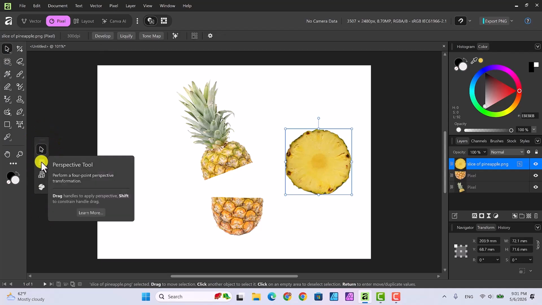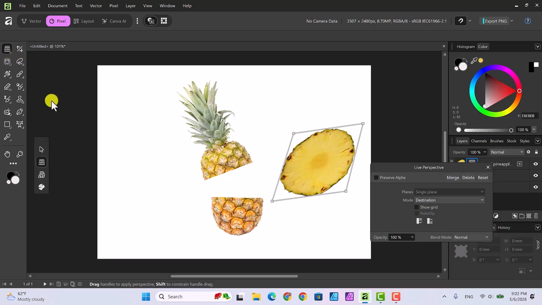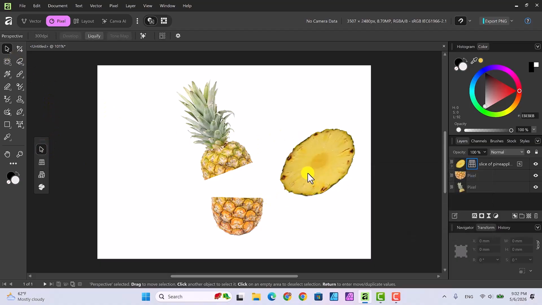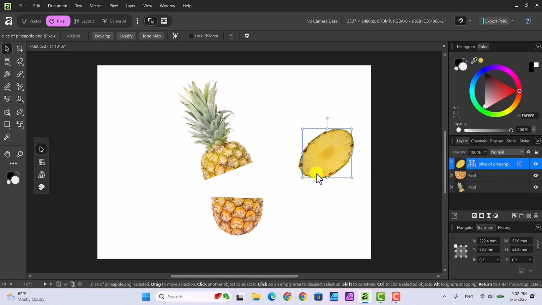So I'm going to click the perspective tool, and I'm going to move my pineapple slice, arrange it, and I'm going to make it smaller because we really need a smaller pineapple slice, because I'm going to move it over here,